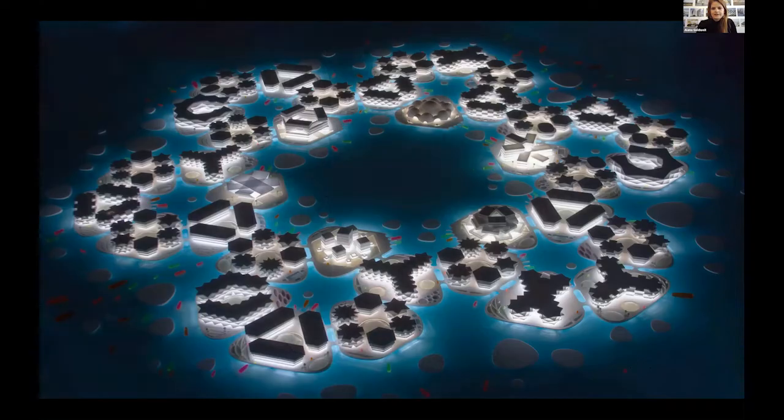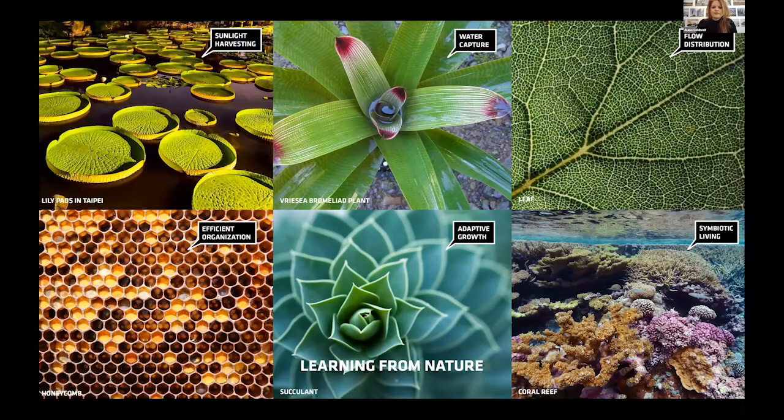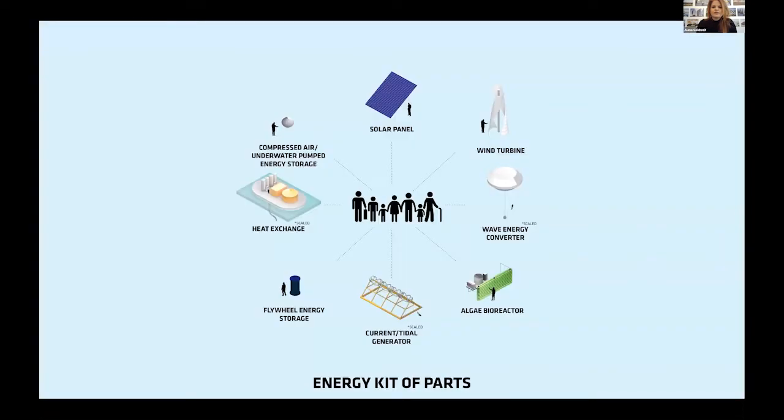So this is Oceanics. It's composed of 36 platforms that form this city. The site could be anywhere, and to start, we learn from existing communities and how compact, self-reliant, and resilient they are. We also learn from nature how the leaves of a plant sway to collect water, how they harvest sunlight. And learning from those things, we've created different systems so that we use the sun to power the